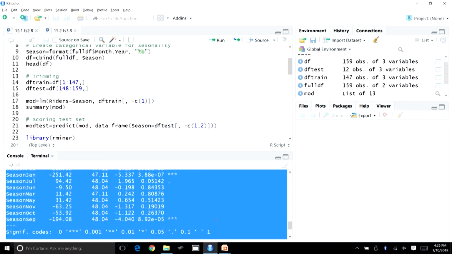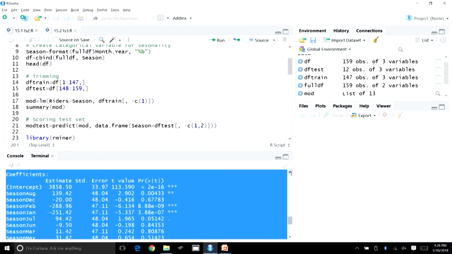So, it seems that July, August and September, those 3 months, seem to be significant, and Jan and Feb also seem to be significant. These are the months which have significantly higher or lower values depending on the estimated coefficient.